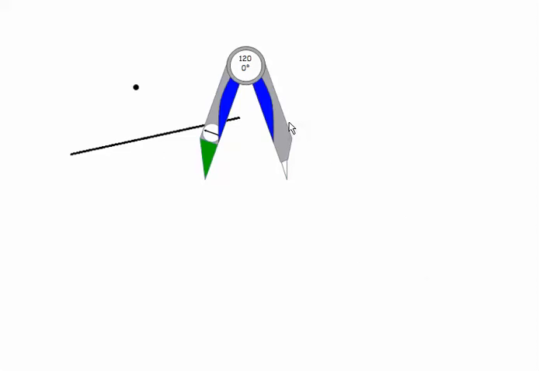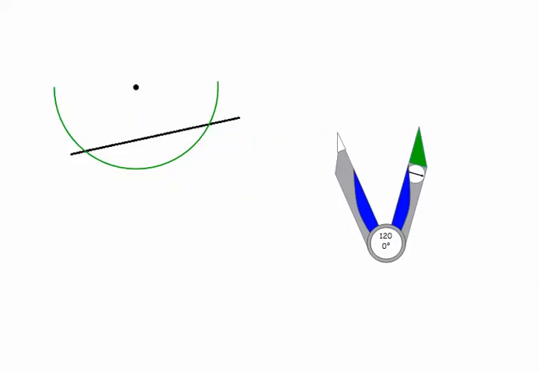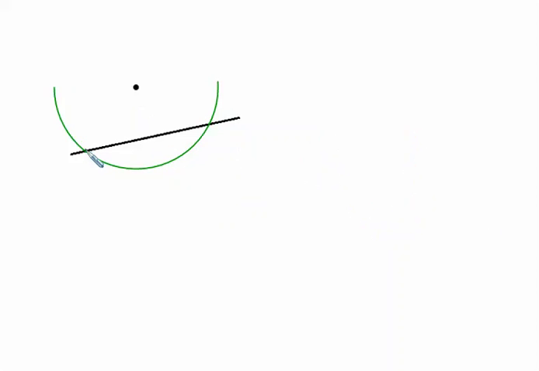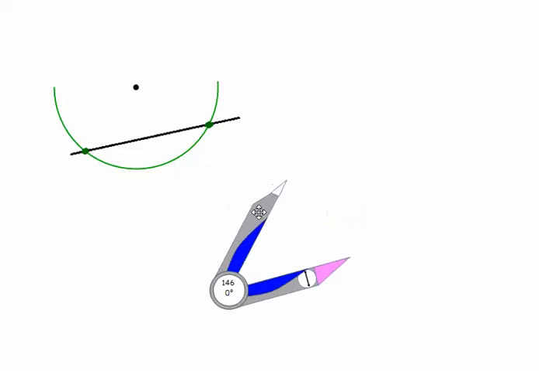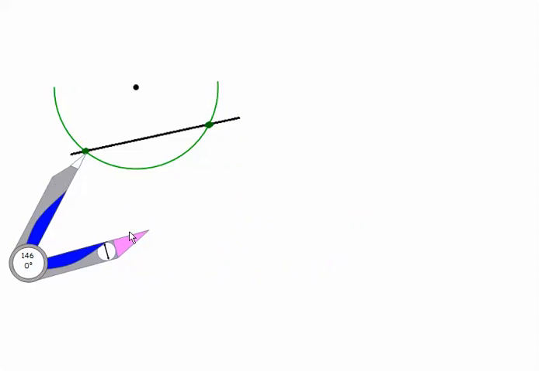So the first thing we do is we take our compass, point of the compass at the point, and we just make an arc that crosses that line segment twice. Then we think about really emphasizing those points, and we want the perpendicular bisector of the portion between those two dots. In order to get that, we take our compass, we put the point of our compass at one of those points, open more than halfway,